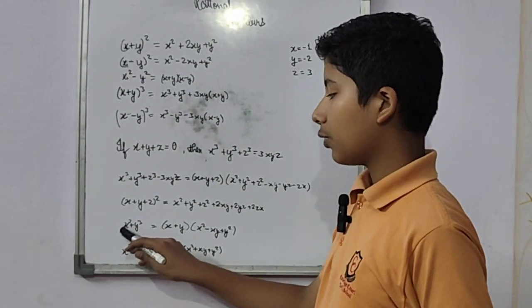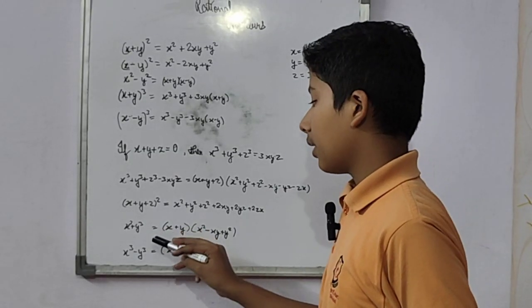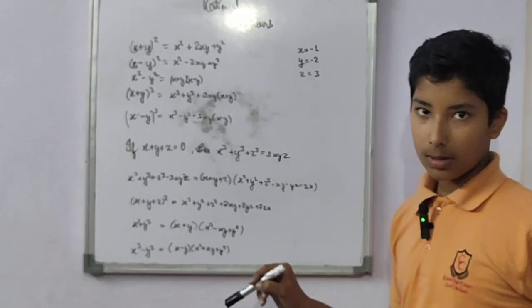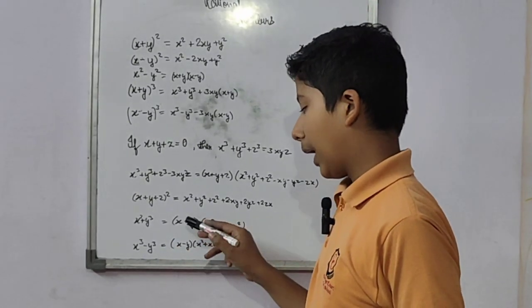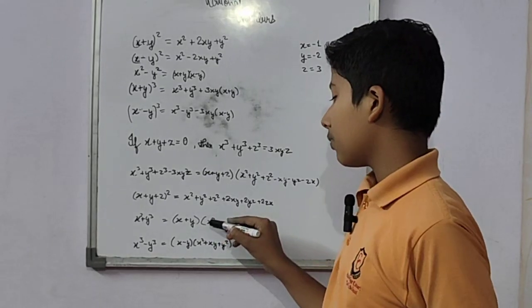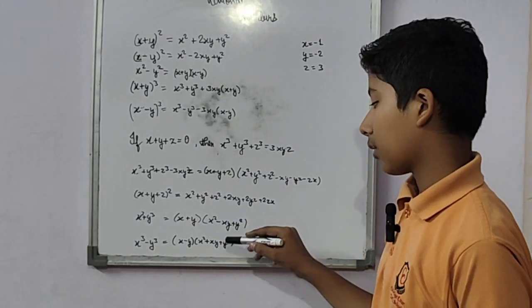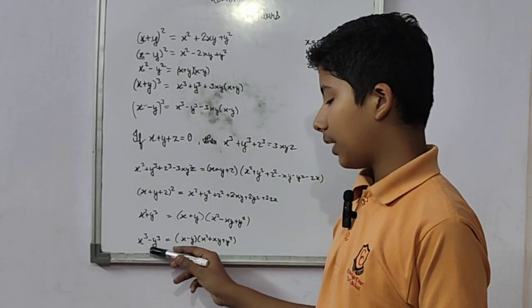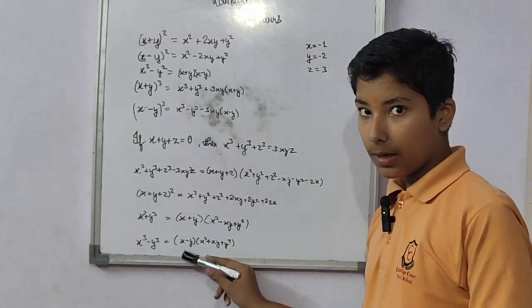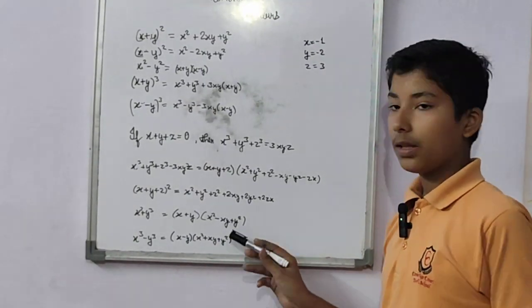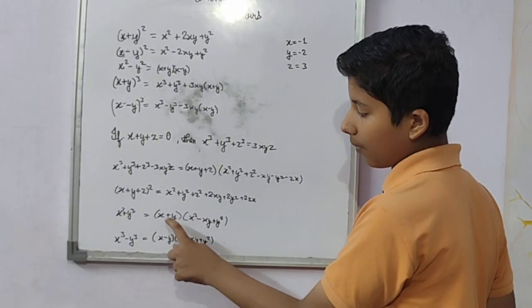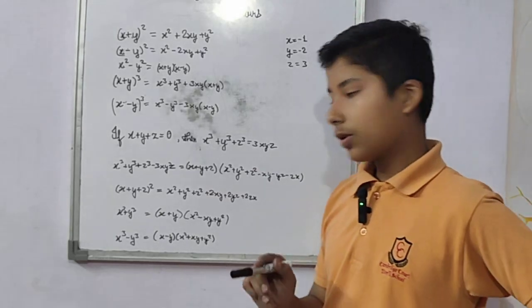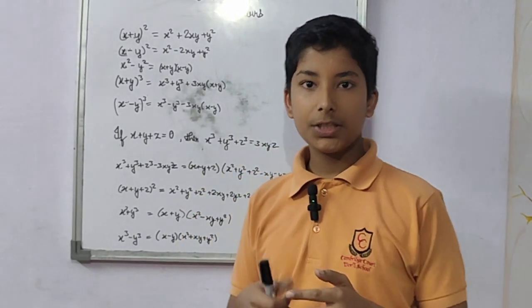Okay, so let's come back to this one. x cube plus y cube will be (x plus y) in bracket, then (x square minus xy plus y square). Let me repeat: (x plus y) in bracket multiplied by (x square plus y square minus xy). Now let's come to our next identity, which is x cube minus y cube. It will be (x minus y)(x square plus xy plus y square), means only we have to shift this symbol here and this here. Just replace the first symbol and second symbol. So now let's come to our rationalization topic.